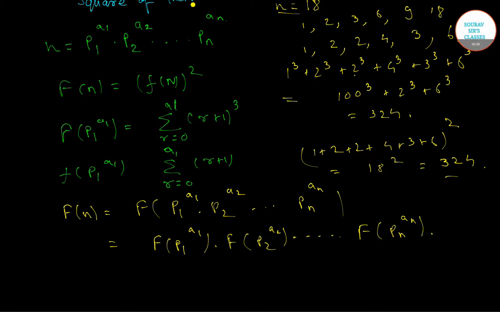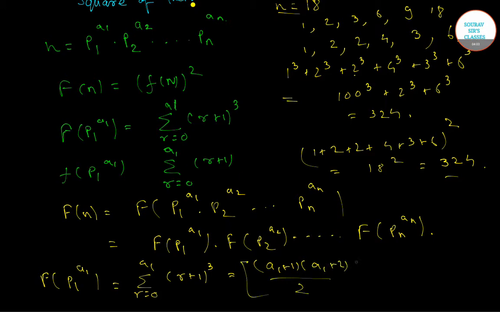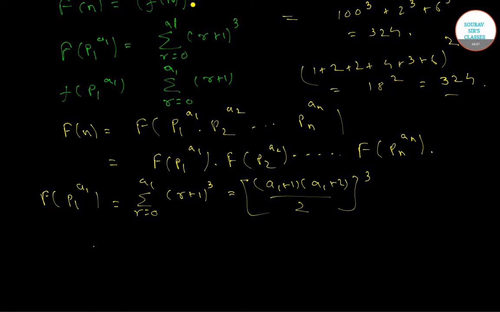Now we know that f of p1 raised to the power a1 is equal to summation r runs from 0 to a1 of (r plus 1) cube, which is nothing but [(a1 plus 1) into (a1 plus 2) divided by 2] cube. Hence our f of n is equal to